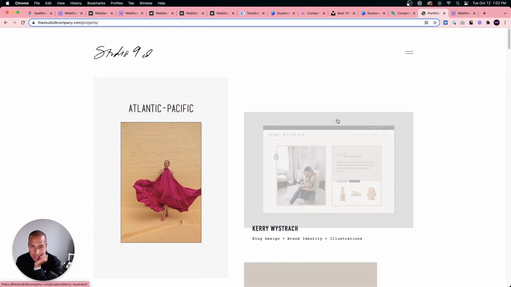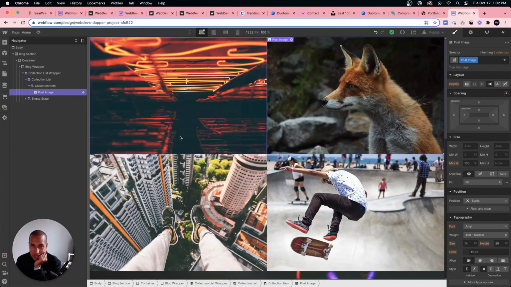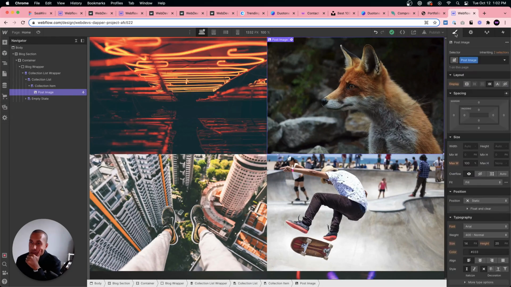Yeah, if it wasn't for the CMS, we could definitely do it. But the CMS just complicates things a bit because you change one thing in one and it changes it for the others. And we can't add a combo class, because it would add it for all of them.